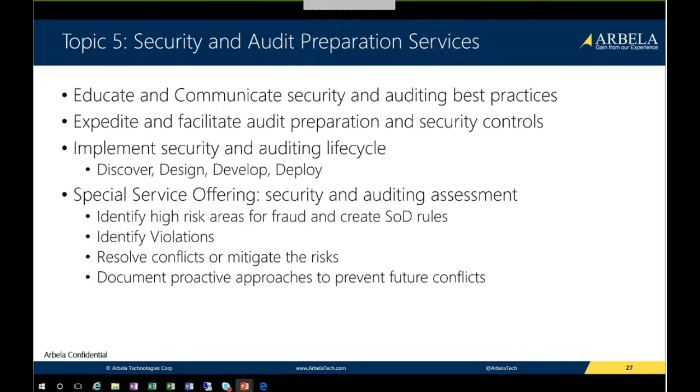And we have a special service offering, which is a security and auditing assessment, estimated anywhere from 50 to 100 hours. But this is very malleable, depending on the needs of your business. We identify high-risk areas, right? We provide you with an initial report of current state, and then we work forward from there, right? We identify the segregation of duty conflicts and violations and how the standard conflict resolution should occur. Also suggesting a best way for you to run the approvals for the conflict resolutions and how to mitigate and monitor moving forward.